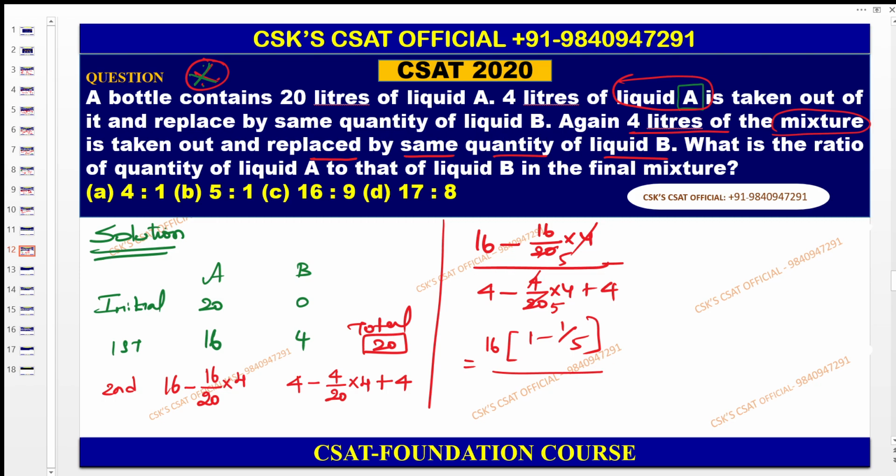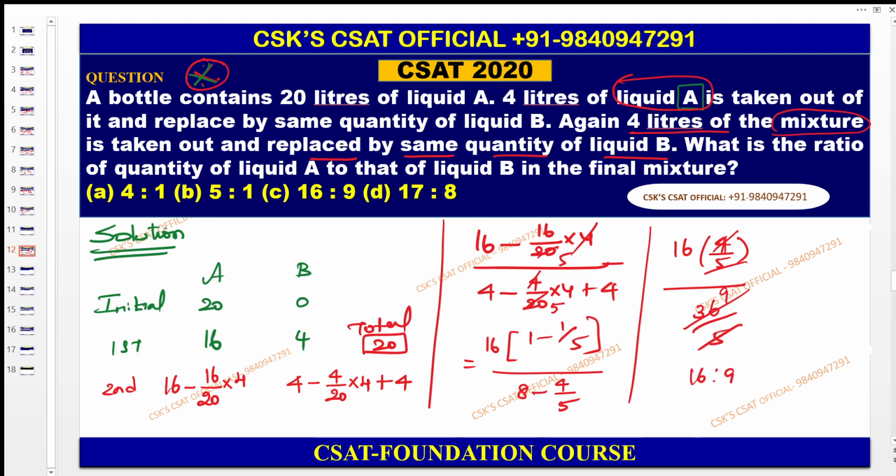Now you can directly do, or else do the simplification also. That 4 plus 4 becomes 8. 8 minus 4 by 5. That's it. So now this is 16 into 4 by 5. Now this one is nothing but 40 minus 4 becomes 36 by 5. 5 getting cancelled here. Here in the 4 table you can use and cancel this one. So therefore 4 9s are, that's it. 16 is to 9. So this is nothing but the 16 by 9. We can write it as 16 is to 9. So answer is